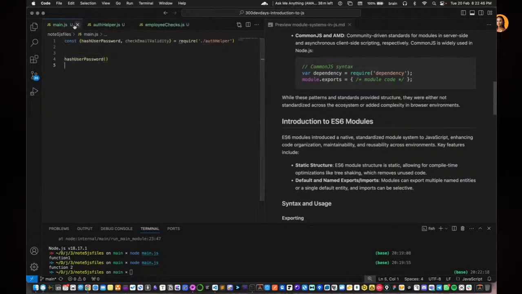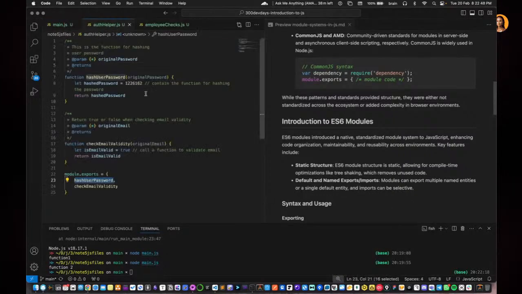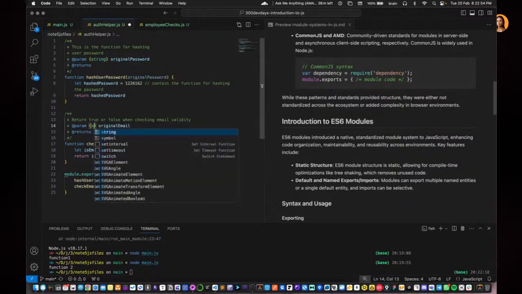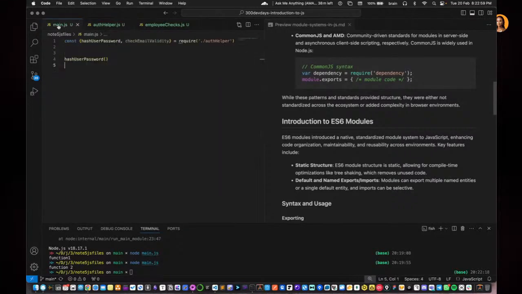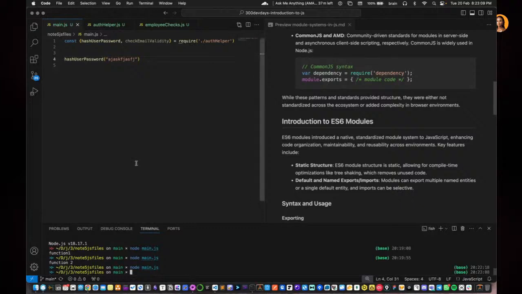Remember, I also mentioned that when you're writing documentation, it makes sense to also put in what you're expecting, just like this. It's a nice strategy to be able to understand what you're expecting in here, right? String. So if I pass in the password, save, and run the main.js file, it's actually